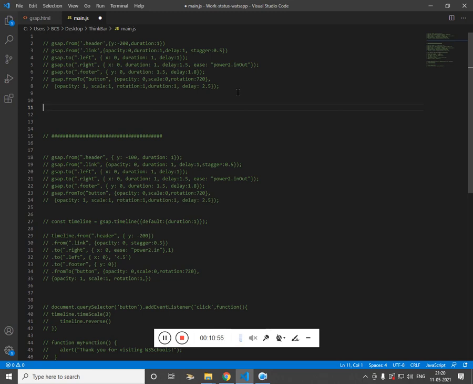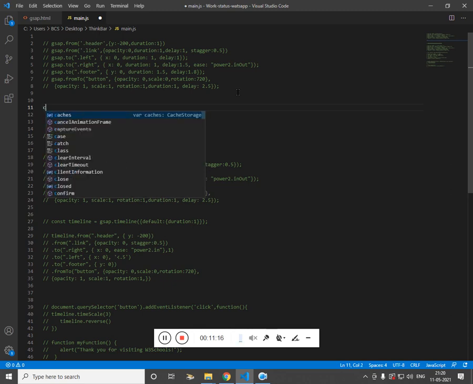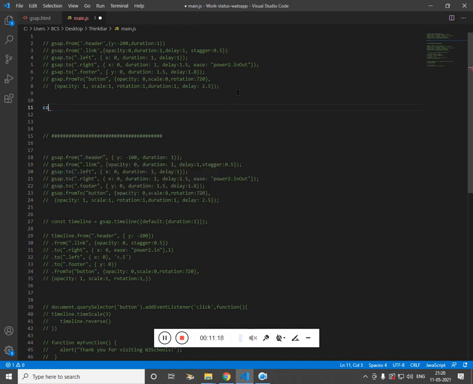What delay does is make sure the elements appear one after the other based on the page reload, but the timeline will not be based on the page load; it will be based on the previous element we have used. So let's create a constant variable called timeline, gsap.timeline, and we are going to use the default value for duration.